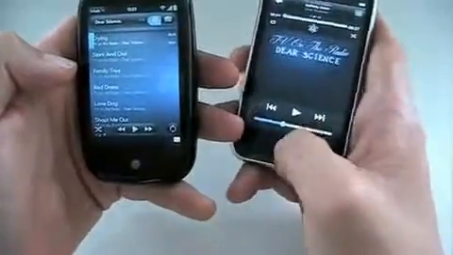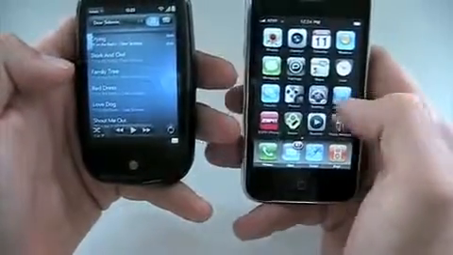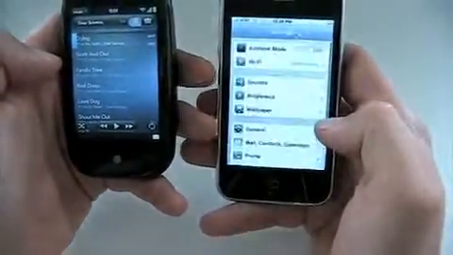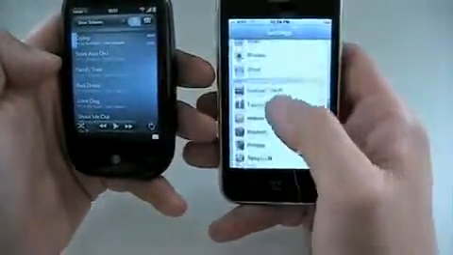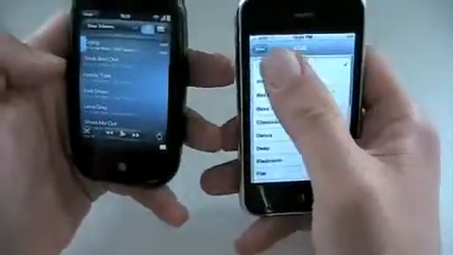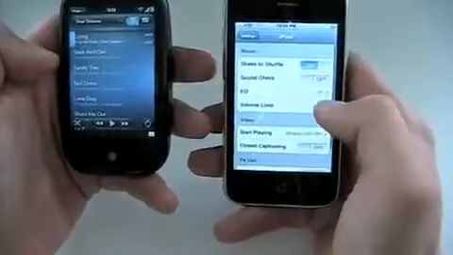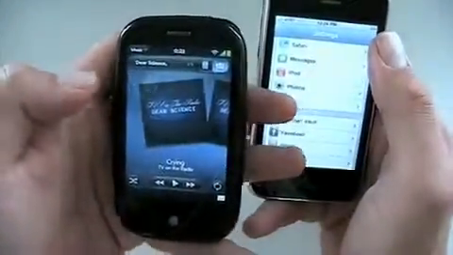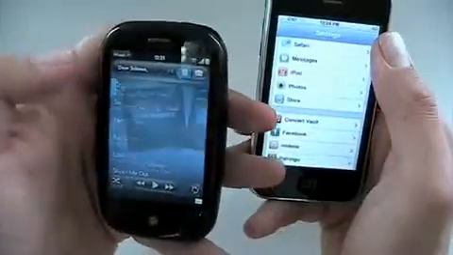On the iPhone, you can do that from the settings. You can go to the settings for iPod, and there's sound check, there's EQ, there's now shake to shuffle, volume limit, all that stuff. No EQ to be found on the Pre just yet. Again, hopefully they'll address that in